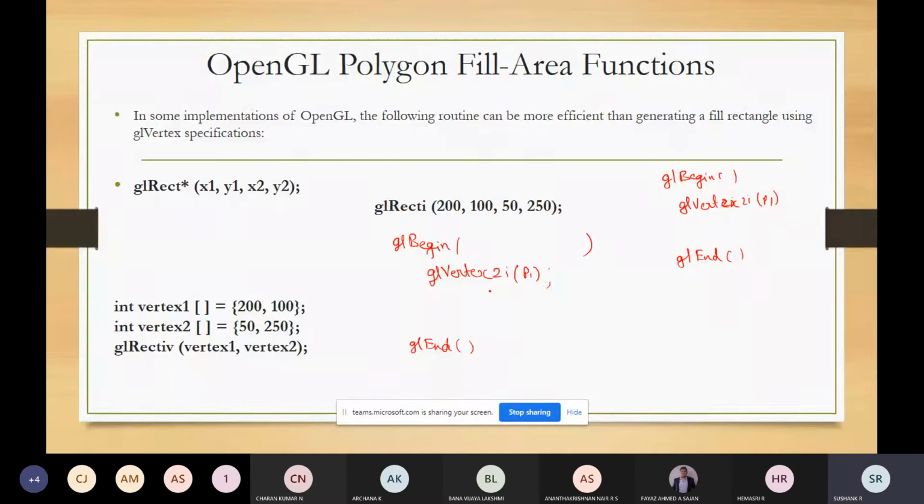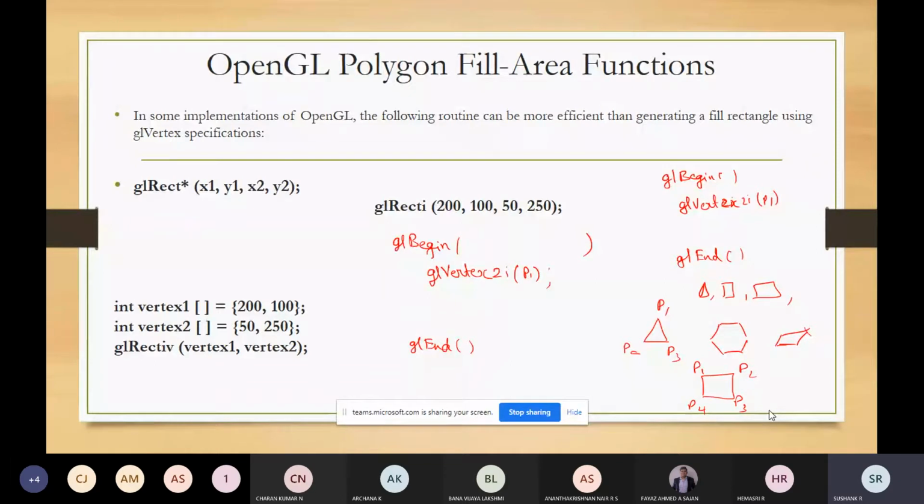For polygon also, if you want to draw a polygon, any polygon can be like a rectangle, square, triangle, or some hexagon, pentagon, like that. These are some of the examples of polygon. You should know that you need at least 3 points so that you can draw a triangle, points P1, P2, P3. You need at least 4 points to draw a square or a rectangle. So that point you just keep in mind.